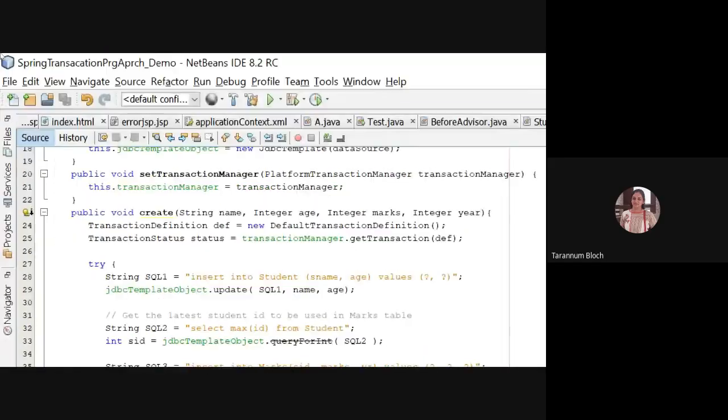Fine. So this is how we can go with the query. Now look at the application context, beans application. Here we have mentioned bean data source. So it is the driver manager data source. Talking about the driver manager class, com.mysql.jdbc, URL, jdbc colon mysql colon localhost colon 3306 and database name. Username is root and no password. This is the transaction manager, which is a built-in class of the Spring framework, right? And this is bean ID JDBC template, which is working with the data source and transaction manager.